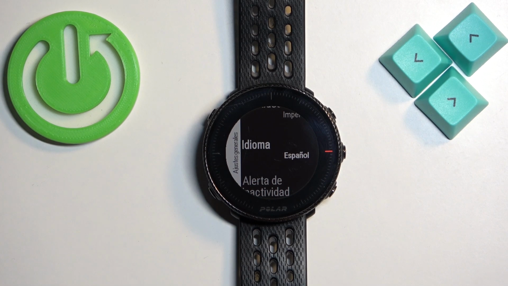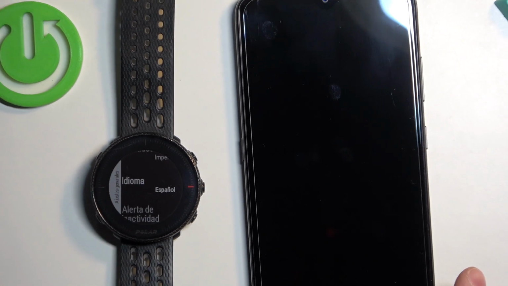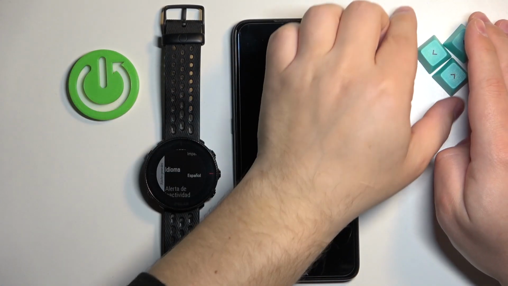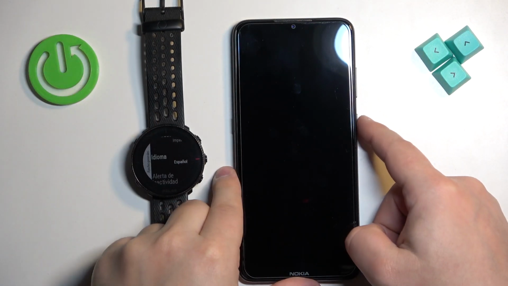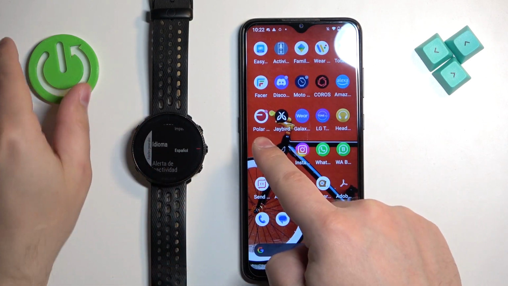Okay, if your watch is paired with a phone, you can also change the language through the phone application, through the Polar Flow application. So I'm gonna bring my phone right here, zoom out the camera so you can see the whole screen of the phone. Like this. Okay, and now let's wake up the screen on our phone, unlock it, open the Polar Flow application